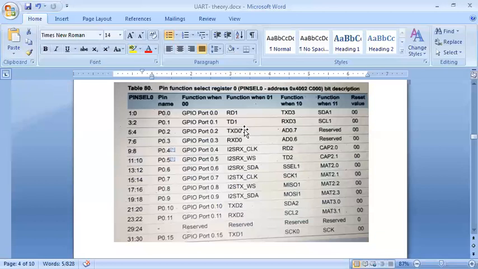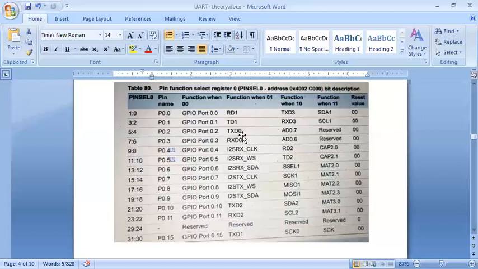So these two pins I am going to use. Which pins am I going to use? I am going to use 4 and 5 for TXD, 6 and 7 for RXD. So I need to select them with the function 0, 1. I have to go and make these bits 0, 1. Means 4 and 5 should be 0, 1. 6 and 7 also should be 0, 1.